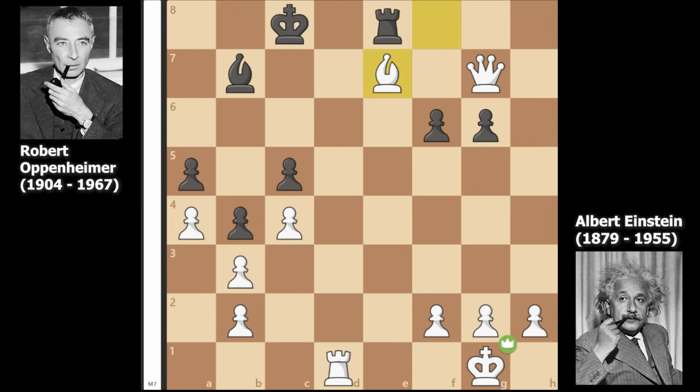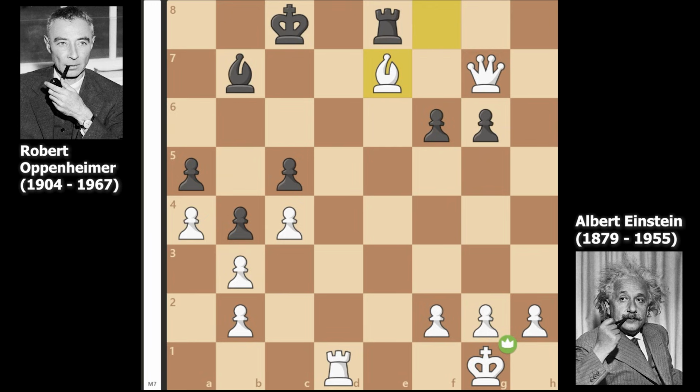Einstein wins the game. What an incredible display of strategy, tactical brilliance, and sacrificial chess. Einstein made several bold sacrifices, creating chaos in Oppenheimer's position while keeping the attack relentless. Even though Oppenheimer had strong defenses, Einstein's deep understanding of chess, combined with his remarkable attacking intuition, secured him an